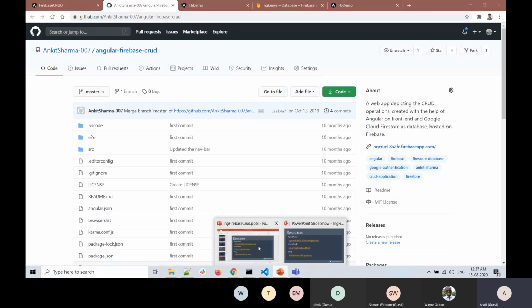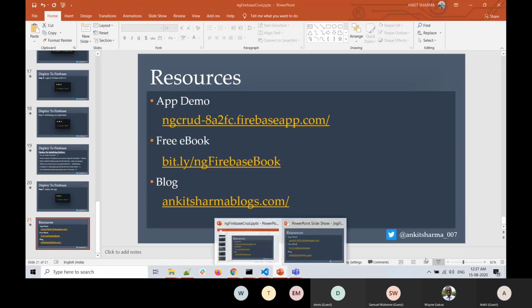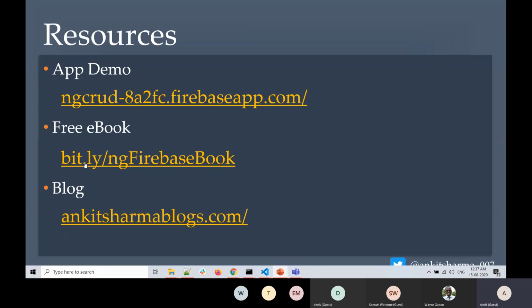So that is about this. And then we have a free ebook. This is a very important point. I told you in the beginning that we can implement an authorization feature also, where we can have multiple roles like admin, user, and other roles. But that is an advanced or complex feature, and it is very difficult to demo in this small amount of time.